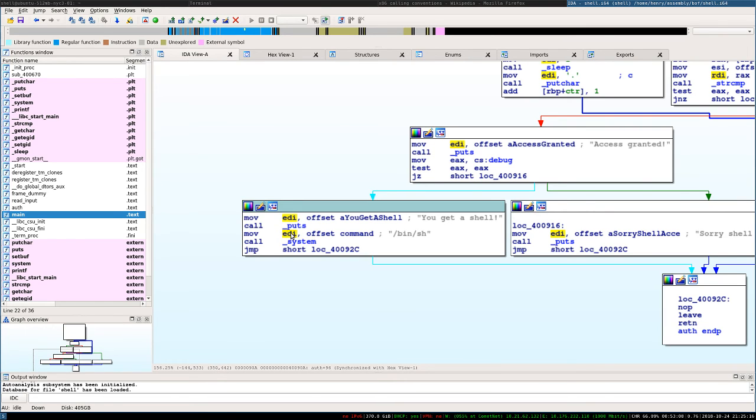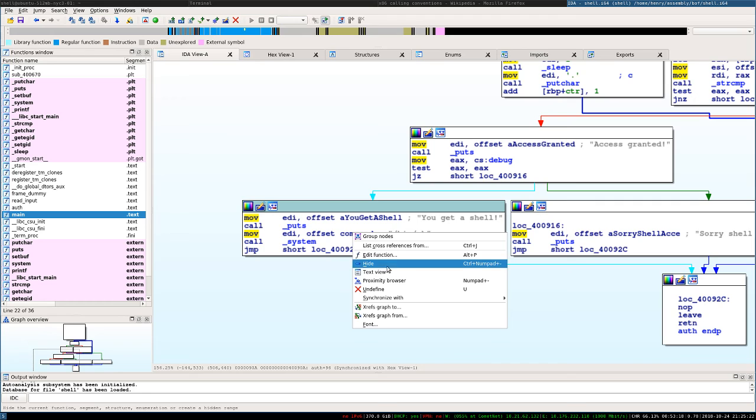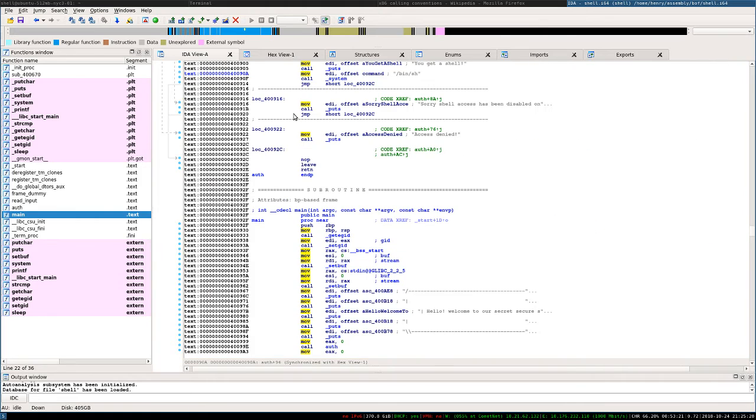So I'm gonna make sure we pass in the arguments. So let's jump over here. I wanna know what the address is, so let's go to text view. Right click and you go to text view, it'll give you this thing, which is the text. It'll give you all the lists of addresses and you just copy that. It's a little bit tiny, but you see what I'm selecting here? I'm selecting the instruction that will move command into EDI. If I copy that,